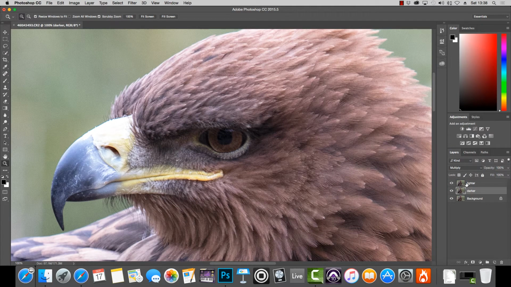Now it's looking fairly balanced, and that's because those two are actually cancelling each other out. We've got a lighter layer, we've got a darker layer, so therefore we're getting what's in the middle. So what we now need to do is to put a layer mask on each of these separate layers. To do that, if we just look at the bottom of the layer palette on the right hand side, we've got a little white square with a circle in the middle, and that is to add layer mask. So we click on that, and again it's done nothing yet to the image,